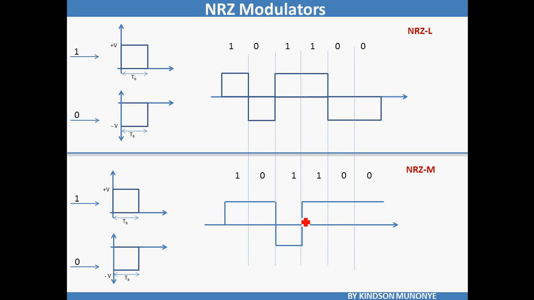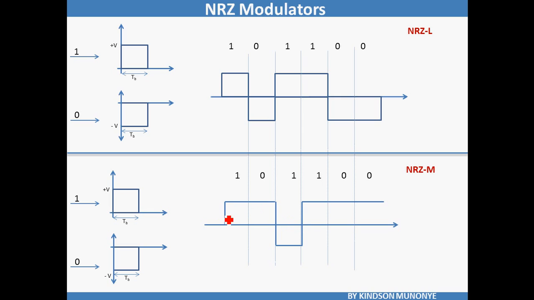It always goes to either a positive voltage or a negative voltage. Then we have NRZ-M. Here, a 1 is received. It can be a positive voltage for a 1, and a negative voltage for a 0, but this is not the main point. The difference between NRZ-L and NRZ-M is that when a 1 comes in, we have a change in the voltage level from either plus V to minus V,